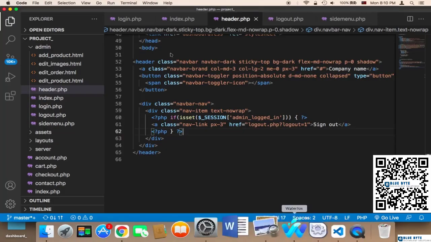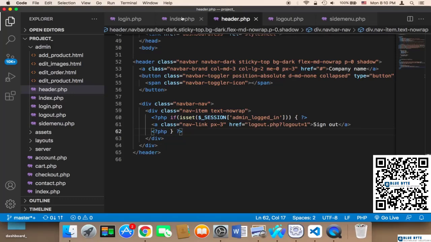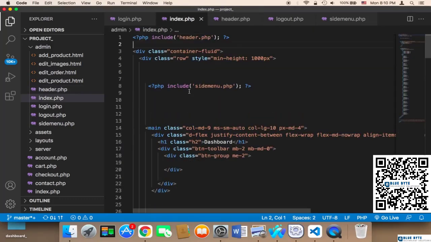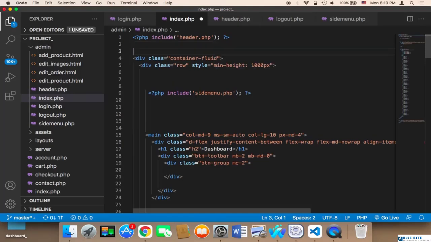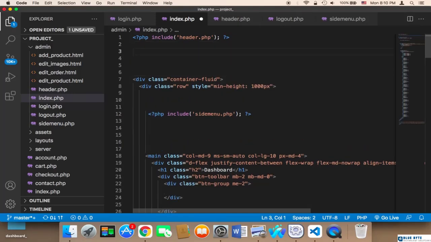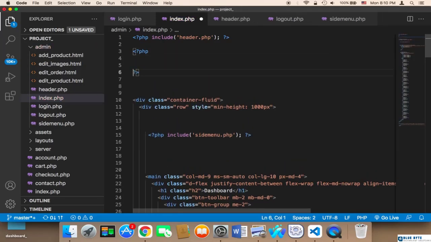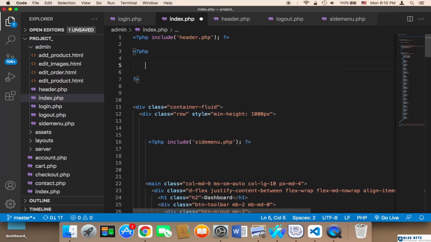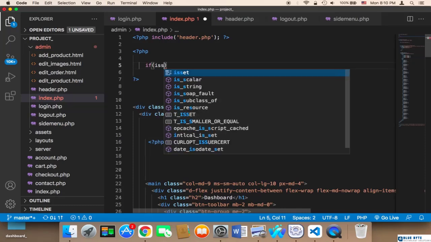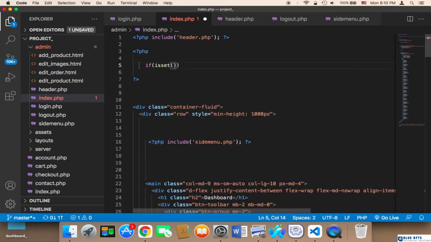And finally, we need to protect the index. And to protect the index, we should add a code at the top that's going to protect the page. And to do this, we can create a file that's going to do this, or we can add the code here. Let's add the code here for now. I'm going to say PHP, and then I'm going to say if session is set, the same code that we just added, which is session admin logged in,